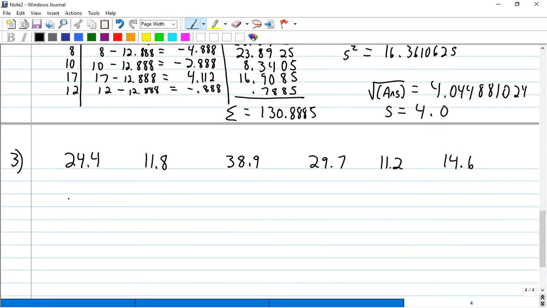So first we need to find the mean. That's step one. When I added those together, I got 130.6, and then divide that by 6. Alright, so I'm going to carry this out several places. Now, it says to round one more digit than the original set of data. So we're going to have to round to the hundredths place here. So since we're going to round to the hundredths place, I'm going to carry it out 2 more digits,